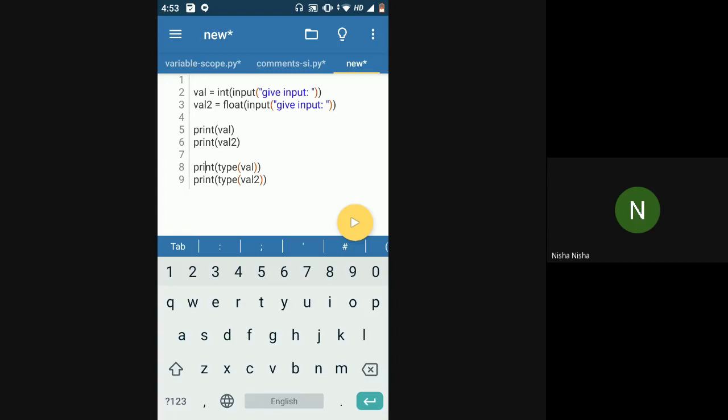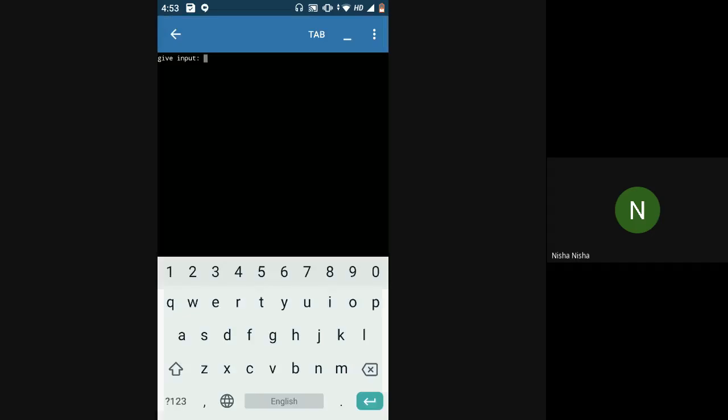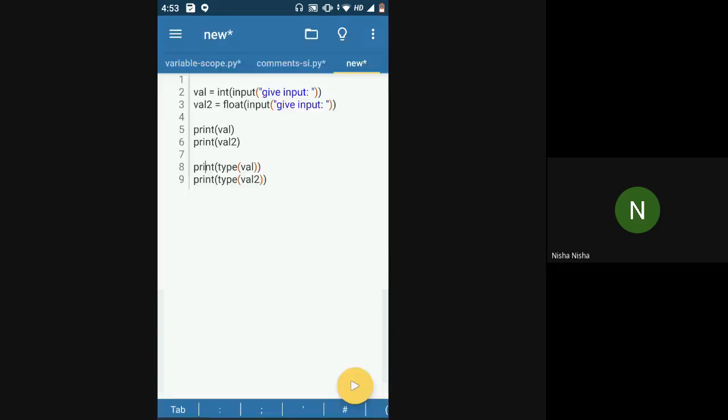I'll just run this and see what happens. See, you can see int and float. This class for now you ignore it. It's just a type. We'll talk about it later. Right now, just look at whatever type the compiler is giving you. The first one is int and the second one is float, right?